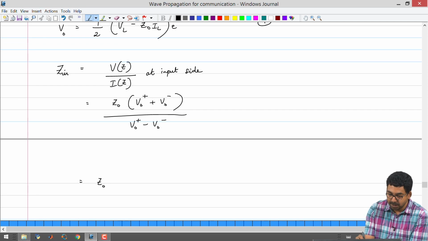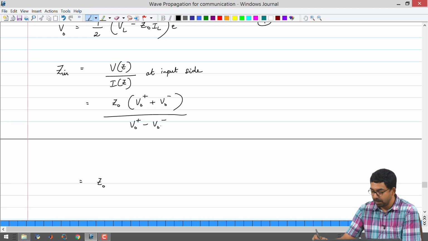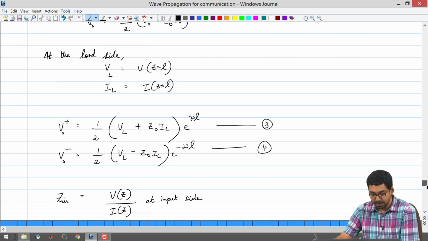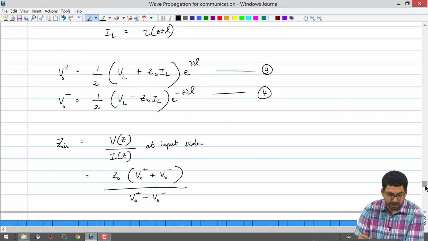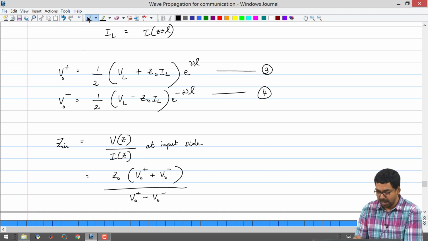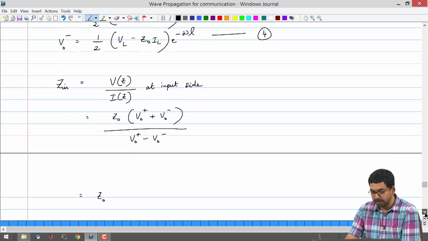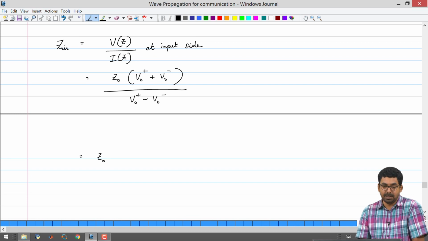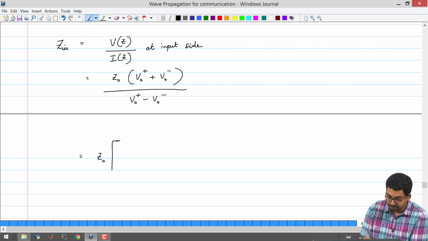So, V naught plus plus V naught minus divided by V naught plus minus V naught minus. You can always express this in terms of load side parameters, which means that you will make use of equations 3 and 4, substitute for them here, and then arrive at an elaborate expression. I will write the expression directly because there is no magic in the in-between steps. So, you will end up getting,